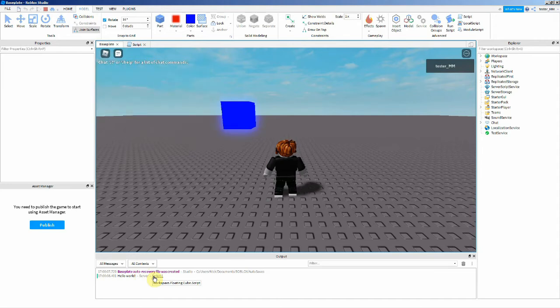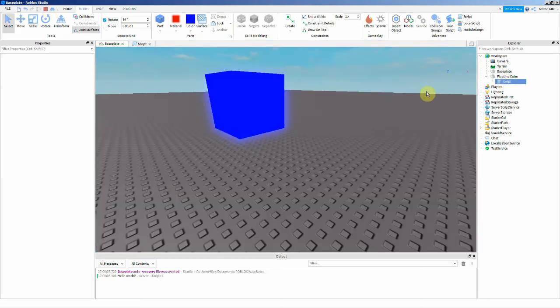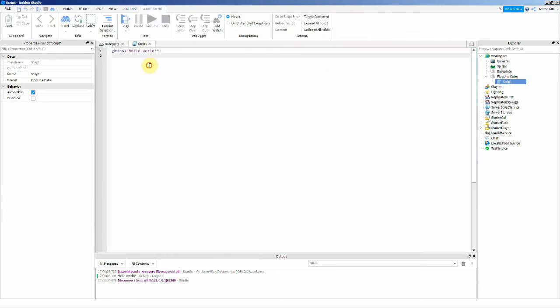If you hover over it, it'll say workspace.floatingcube.script, and if we open up the workspace, then we open up floating cube, then you can see the script. So it says where the script is in the workspace. Now we're just going to stop our game, and we're going to make the script actually do something except print